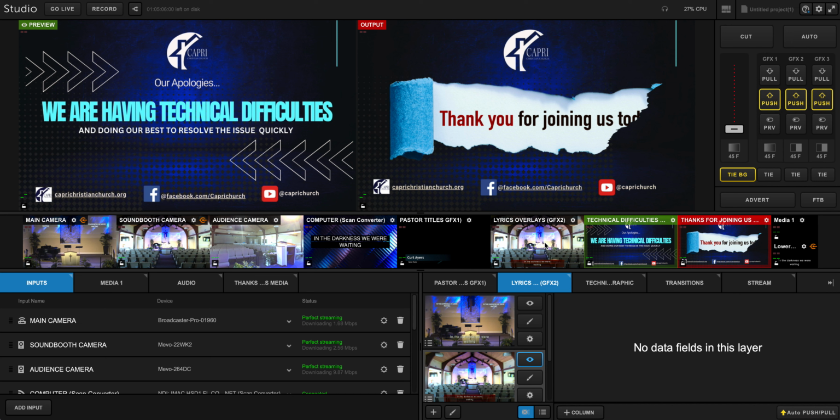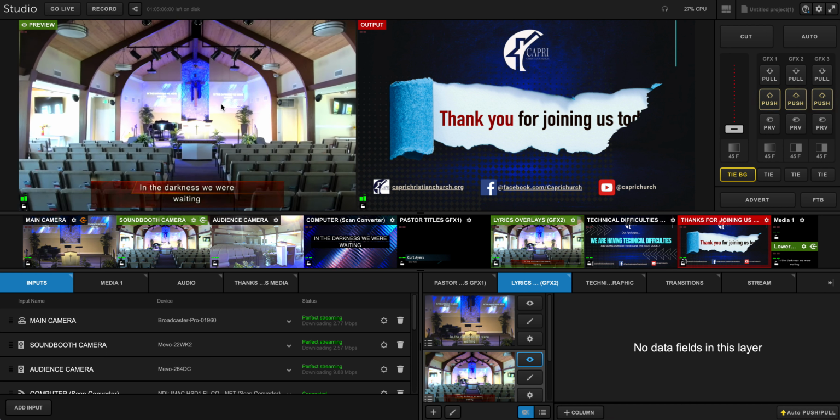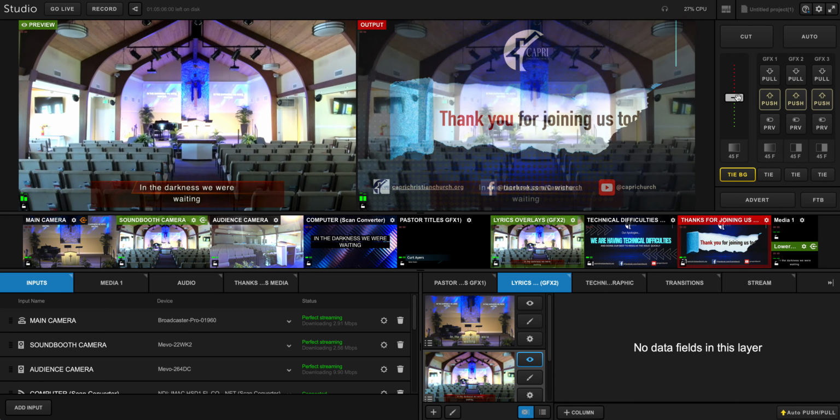You can see this screen right here that says lyric overlays in our miniature cameras. If I was to click on this one, you'll see it come up in the preview. It's not on the output just yet, which if you move over to the right, you can see we have a cut option or an auto, and we have this here. Now we can control a fade in. You'll see the screen switch,